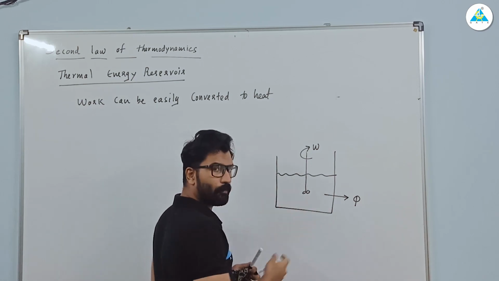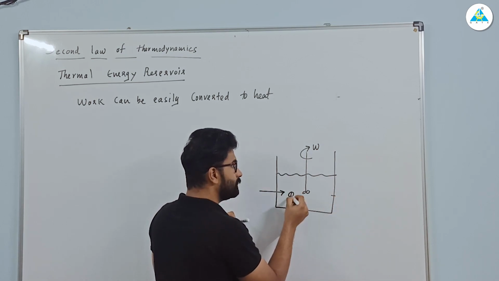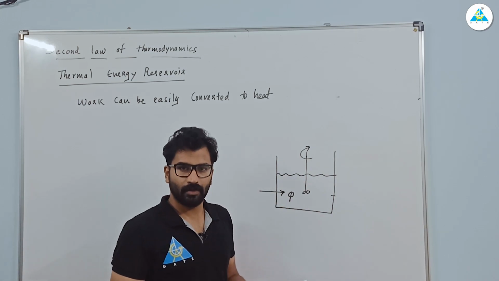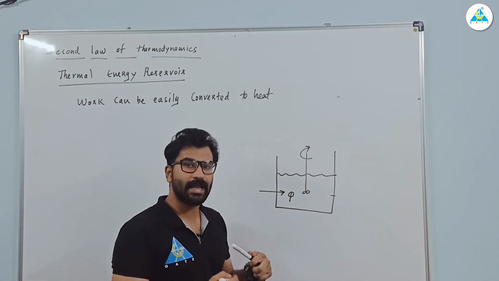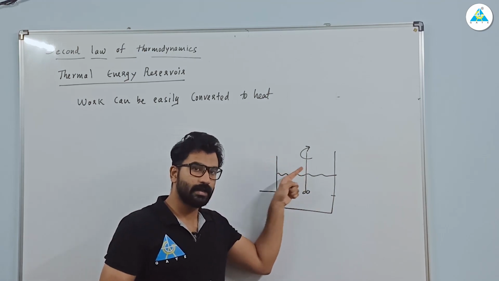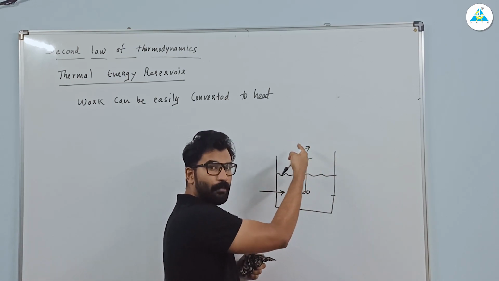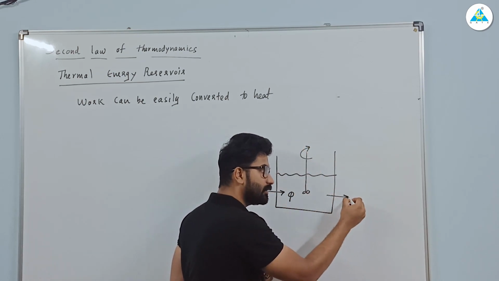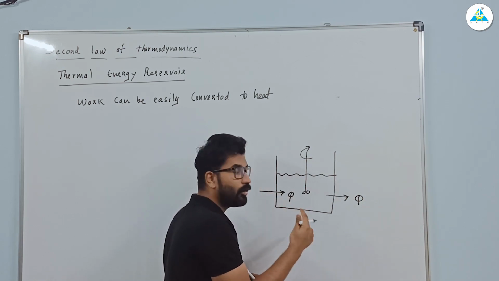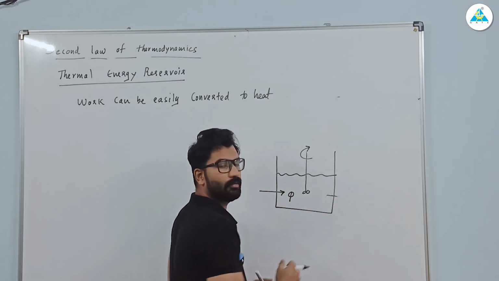So can I do the opposite thing? That is, if I give heat to the system, will I be able to rotate the stirrer? No. So we cannot have the same effect as before. The equal work we gave, we were getting as heat. For example, if I give 100 joule of energy by work, that same 100 joule I can get as heat, no problem. But if I give 100 joule of heat, I won't be able to get a work of 100 joule. Clear? So this is the problem we have.